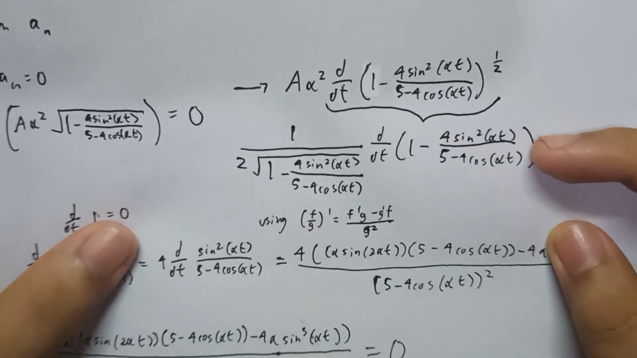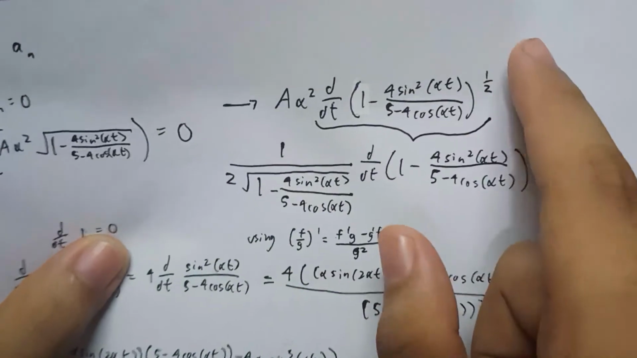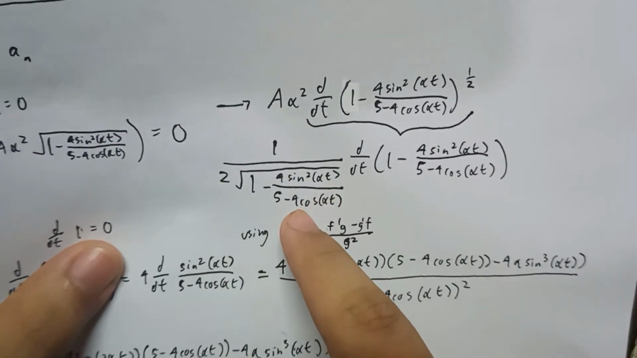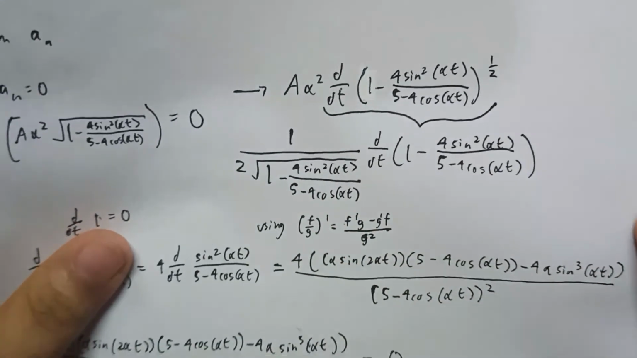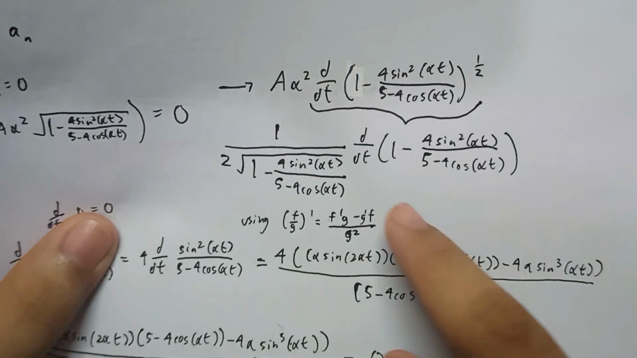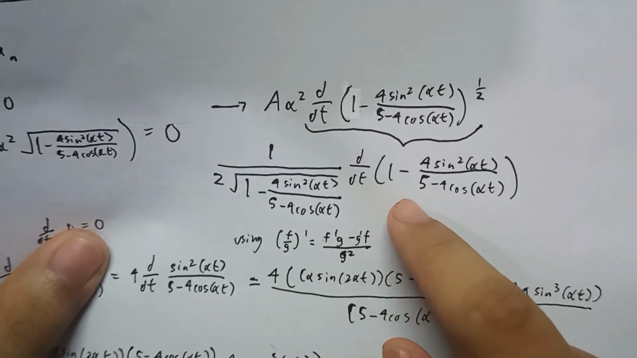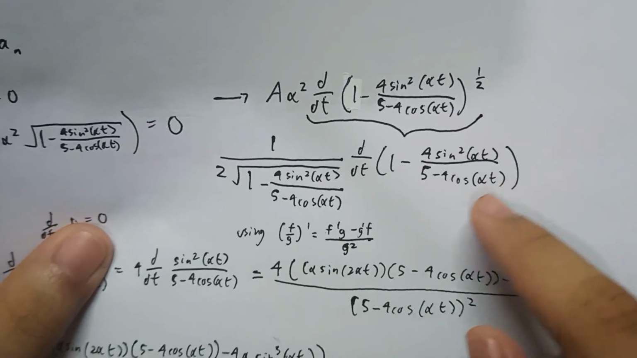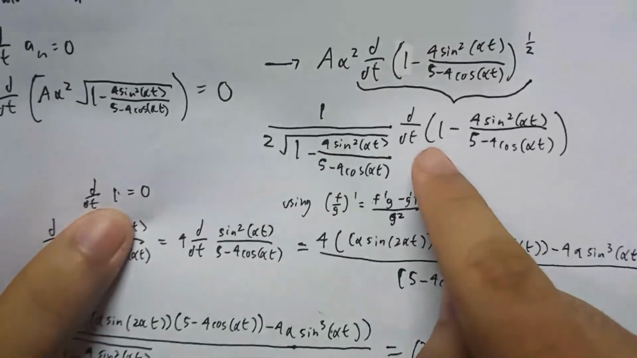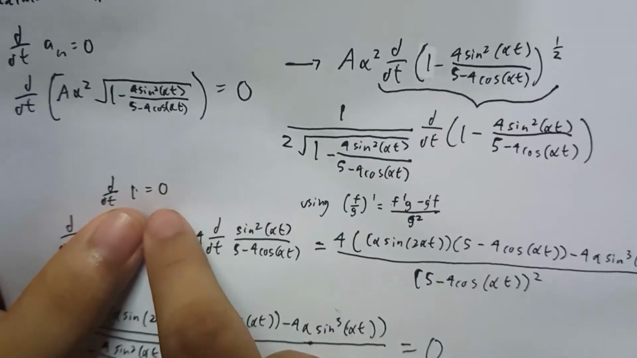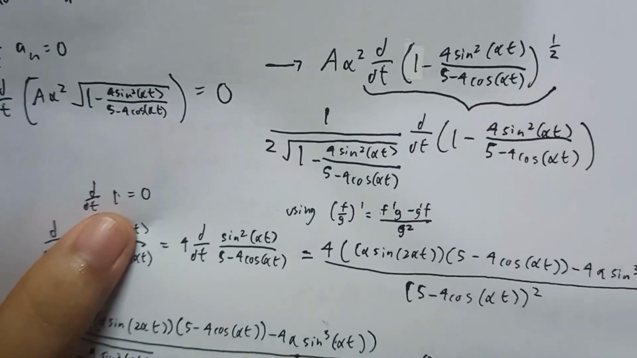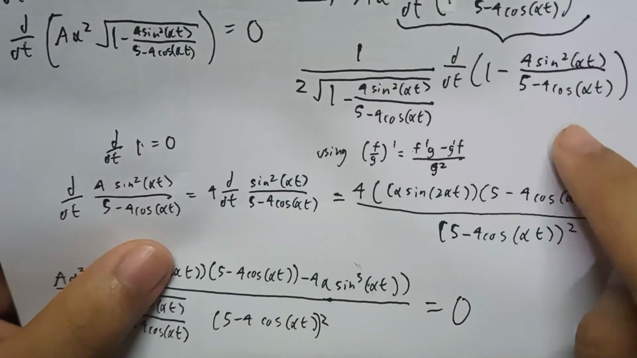And using chain rule again, we get the derivative of this, which is 1 over 2 square root of 1 minus 4 sine squared of alpha t over 5 minus 4 cosine alpha t, and get the derivative of the inside of the parentheses, which is the derivative with respect to t of 1 minus 4 sine squared of alpha t over 5 minus 4 cosine alpha t. And the derivative with respect to t of 1 is equal to 0. And now we have to get the derivative of 4 sine squared alpha t over 5 minus 4 cosine alpha t,